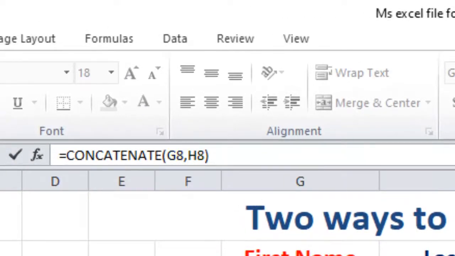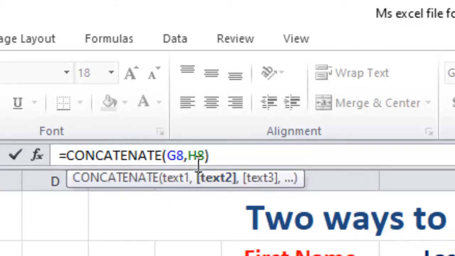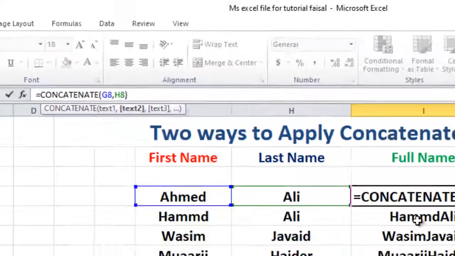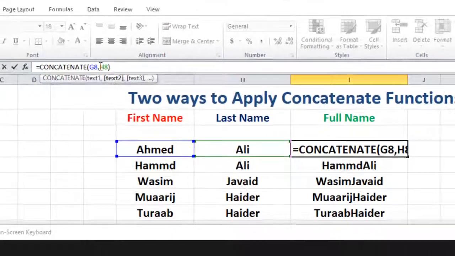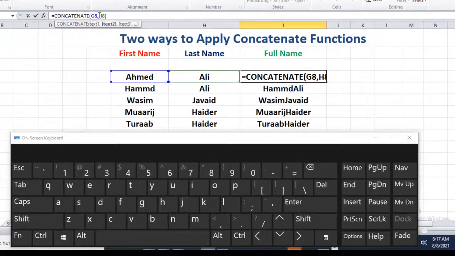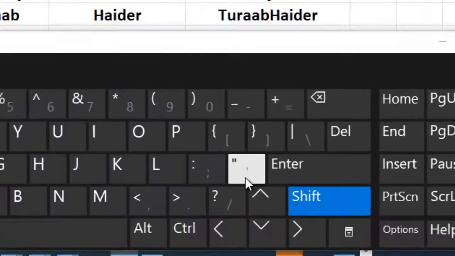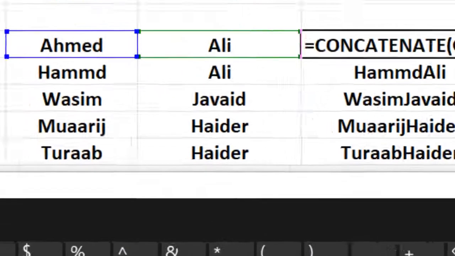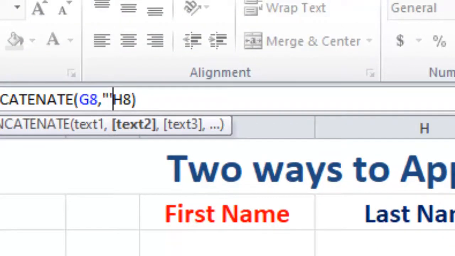Done. Now, how to add a space? It's very easy. When I bring my mouse pointer to the formula bar, click here, then press and hold shift and press the double quotation mark key. Done.